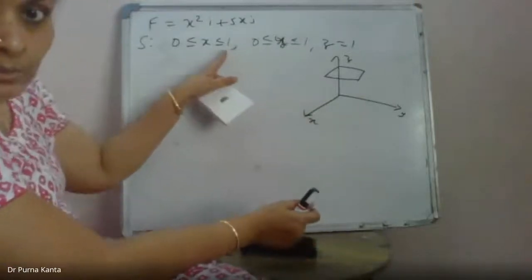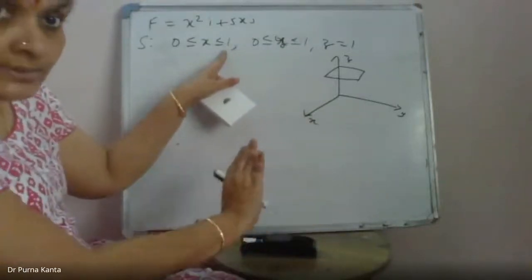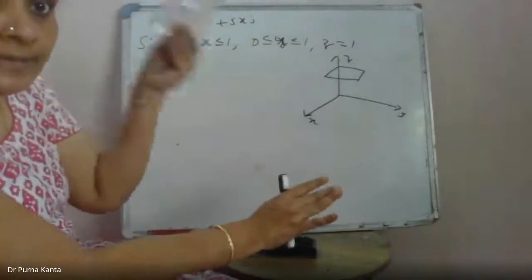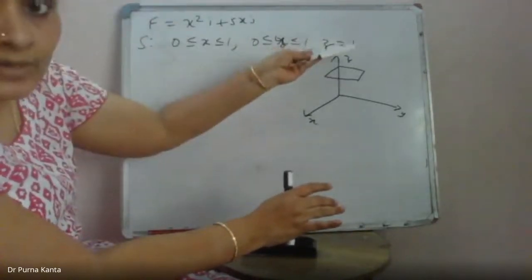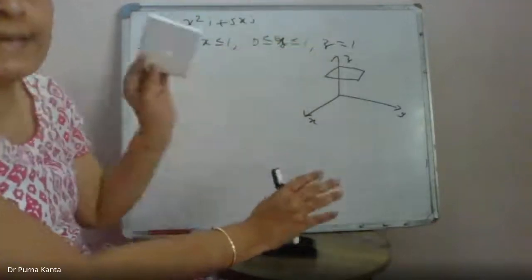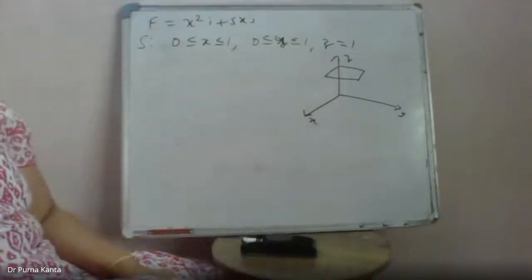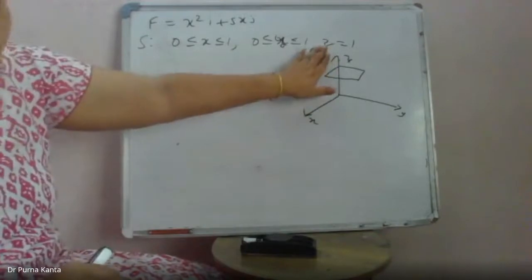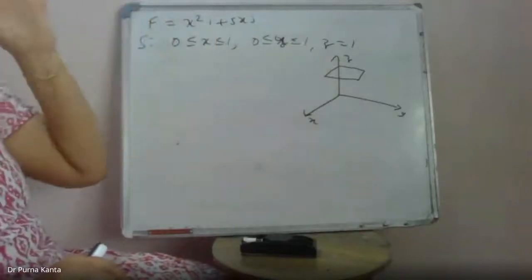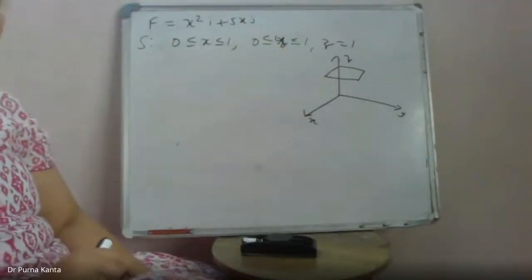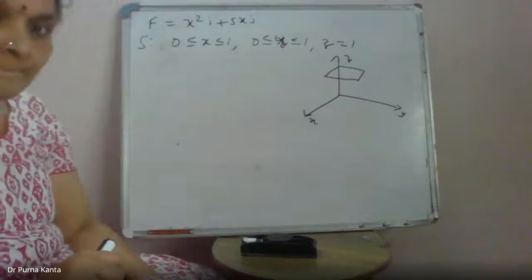Did you understand now? So this is not an open box. It is only a single plate, lying at a height of z equal to 1, at 1 unit on the z axis. Did you understand the meaning of this now? Yes, ma'am. Okay. Now tell me how many surfaces it is having to calculate the surface integral. 4.